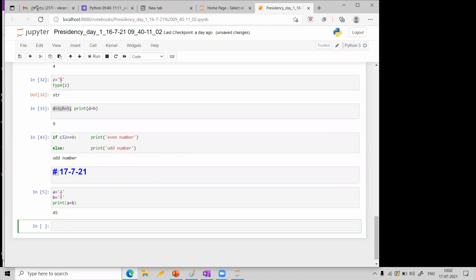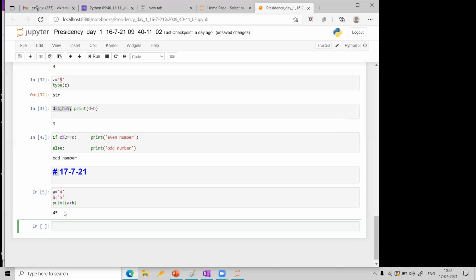So you should be careful. I hope you understood, all of you. Why is this happening? When I am adding 4 and 5, it is giving 45, because it is not considering them as normal integers. If they are normal integers, then the answer is 9. But now it is treating them as two strings, and when I use this plus, it will simply concatenate, just add the strings. So 4 5 came side by side. You should be very careful about these kinds of things.